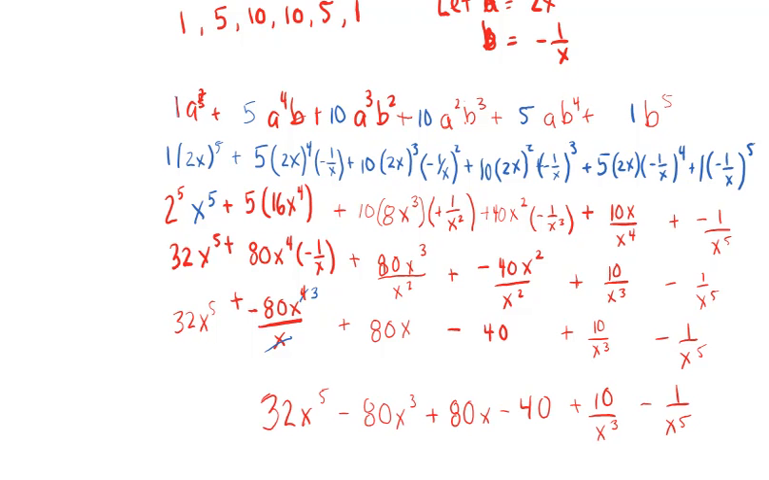Now a thing to point out here is actually that we start off with x to the power of 5, and it gradually goes x to the power of 3, to x to the power of 1, to x to the 0, x to the negative